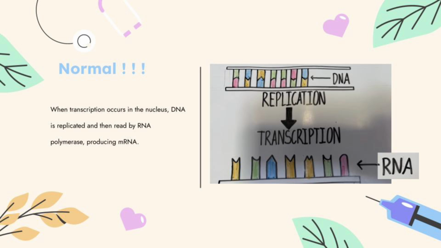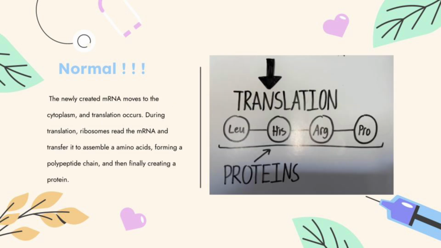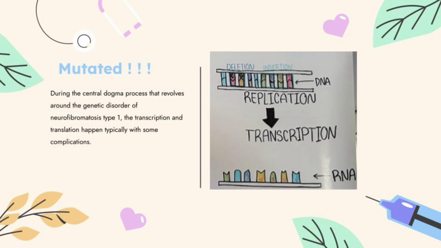When transcription occurs in the nucleus, RNA is replicated and then read by the RNA polymerase, producing mRNA. The newly created mRNA moves to the cytoplasm and translation occurs. During translation, ribosomes read the mRNA and transfer it to assemble an amino acid, forming a polypeptide chain, and then finally creating a protein. During the central dogma process that revolves around the genetic disorder of neurofibromatosis type 1, the